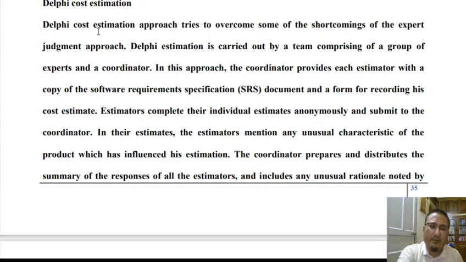So in this case, what happens is that each estimator makes the estimate about the project parameters. The coordinator, who will be coordinating the entire activity, will collect the estimates from the estimators. He or she will draw the inferences about the various bases taken into consideration by various estimators for drawing the estimates. Again, the estimates are distributed amongst the estimators for refinement, and the process repeats. The process of refining the estimate repeats until all the estimators come up with a near about similar estimate